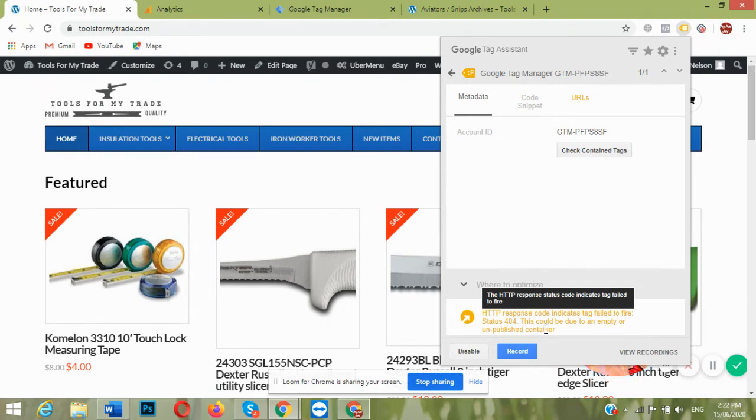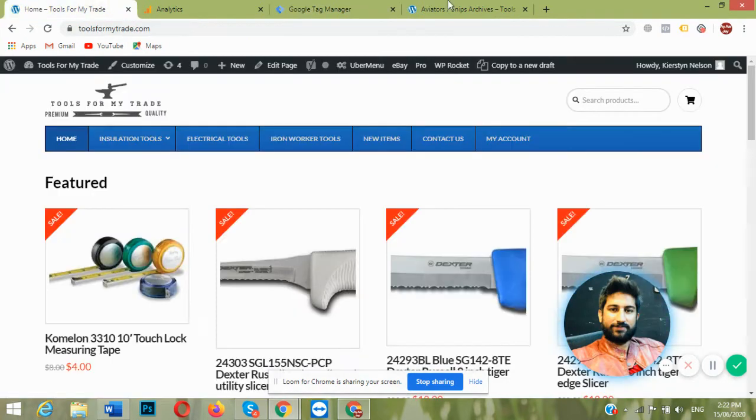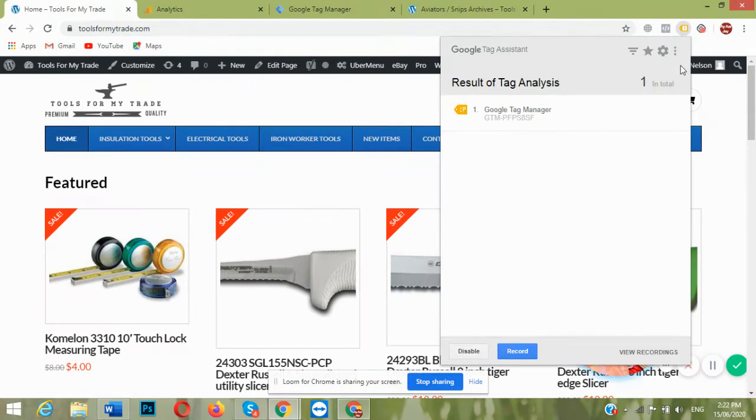We just created the Google Tag Manager account and installed it on WordPress, and we do not have any data in Tag Manager, so it is empty. That's why it is showing a yellow error. With yellow or red color, Google Tag Manager and Analytics are not working and not tracking any data.